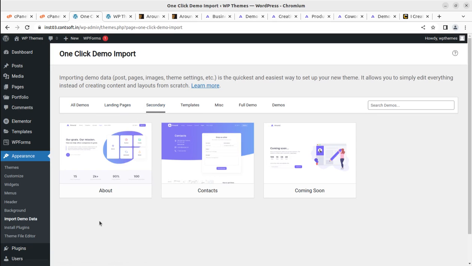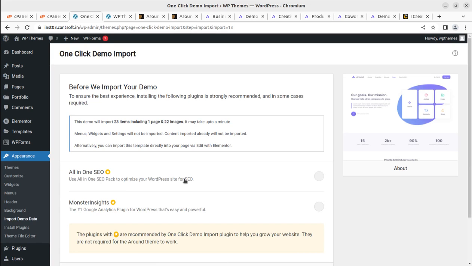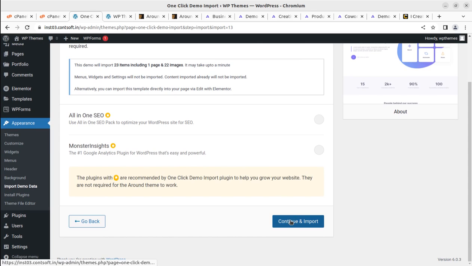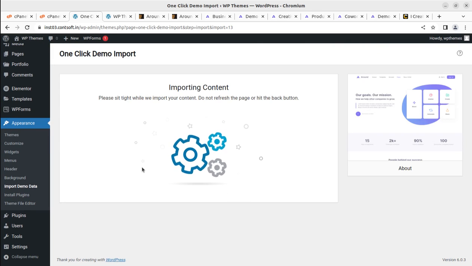pages. So if you are willing to import the about page, you can simply import the about page, and again this demo will import 33 items, which will include one page and 22 images. So as you proceed, you will get the pages whatever you want, like it is bringing the about page to our installation. And further we can click on the